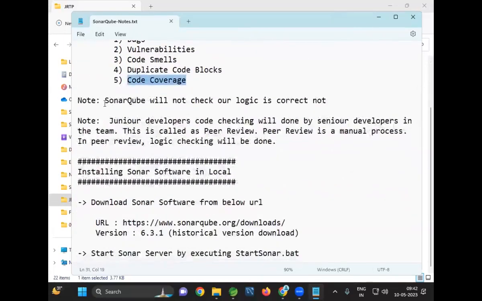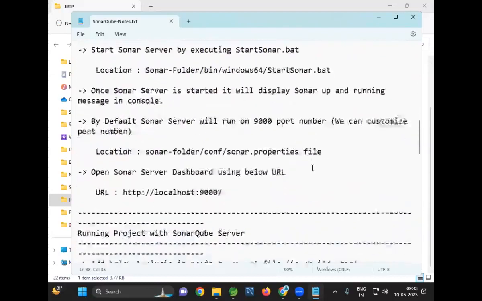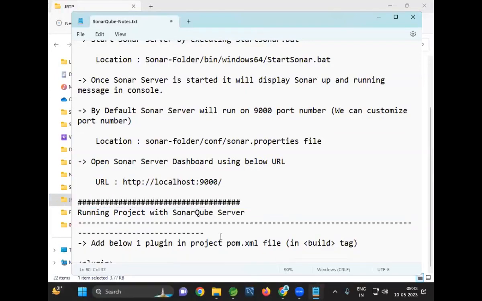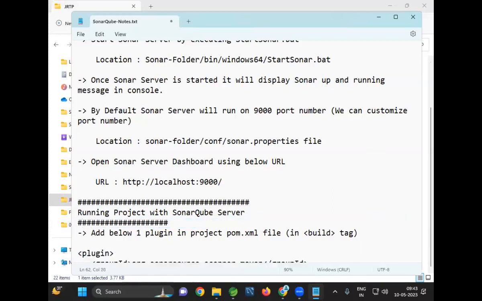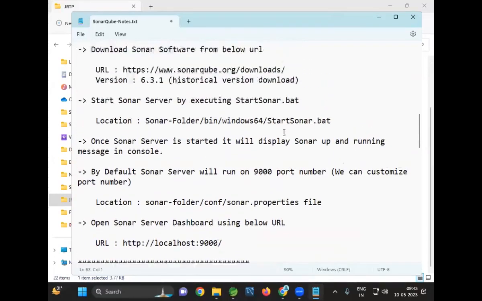So will SonarQube check for the logic in the program or not? SonarQube will not check for logic in the program. It will check the syntaxes and it will check the best practices. We have downloaded and run SonarQube in our local. By default, SonarQube is going to run on port number 9000. We downloaded that as a zip file and we executed the sonar server start sonar.bat file. When you run it, the sonar server will run in Windows and it will run on